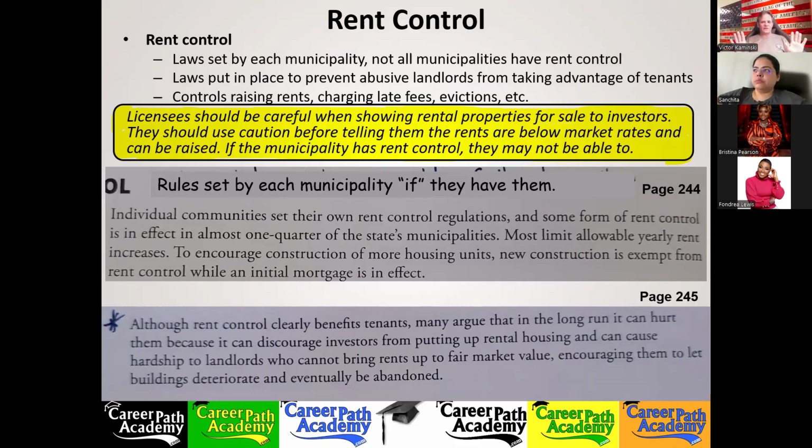Be careful. Check for rent control. If they got rent control, that's why you can't. Maybe they're forced to have them at that super low rate. And because they're that low, it doesn't make sense to buy that building because you'll probably be putting more money into it than you're getting out of it. And that's why the landlords are looking to get out of it.